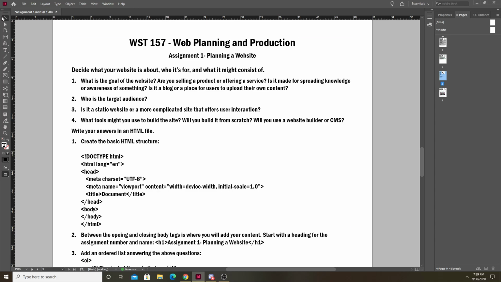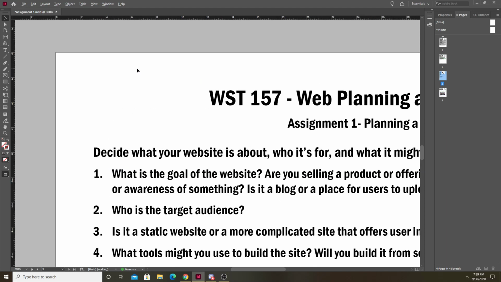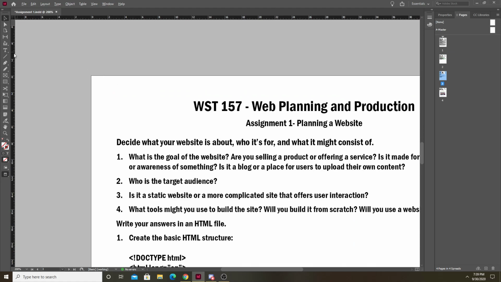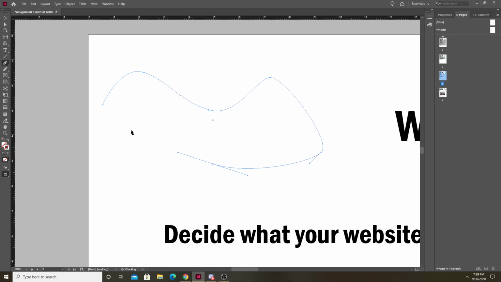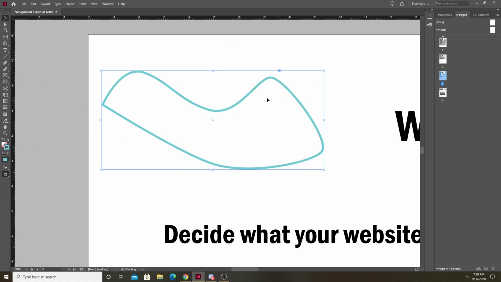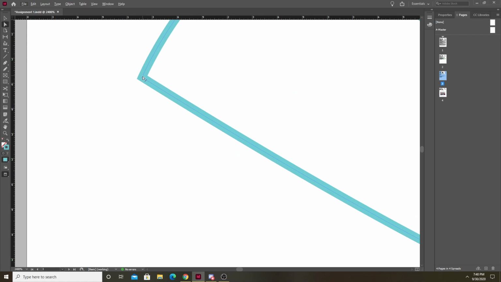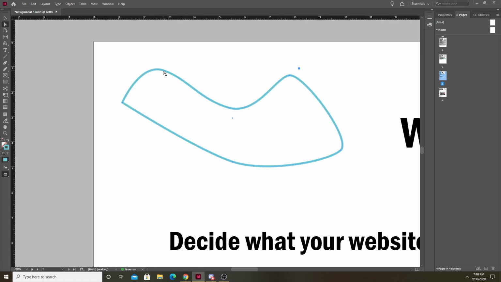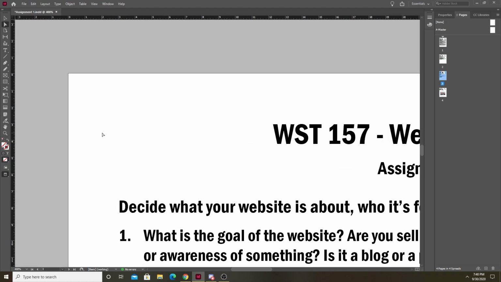Photoshop, InDesign, and Illustrator support both types of images. But if I use, for example, this pen tool and draw a shape here, this is vector format. Right, this is a vector. It's made up of these points that are connected and they can have curves. But a raster image,